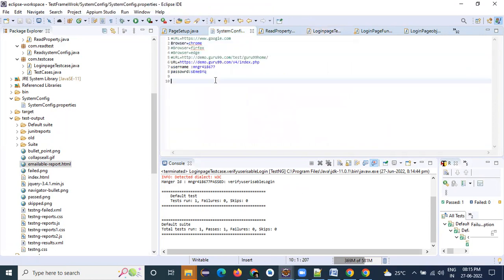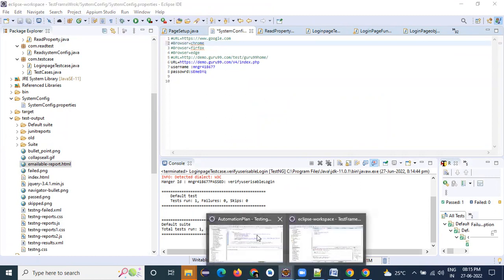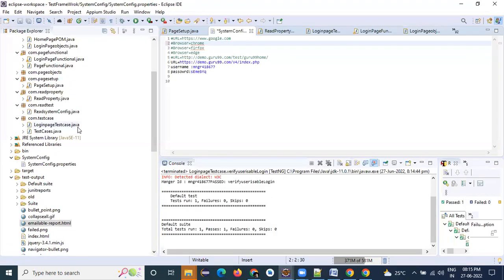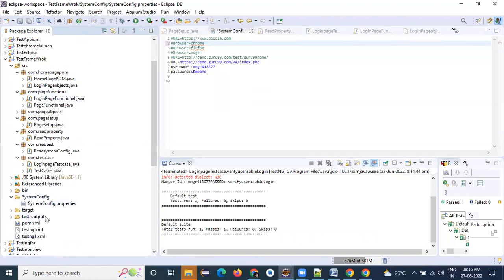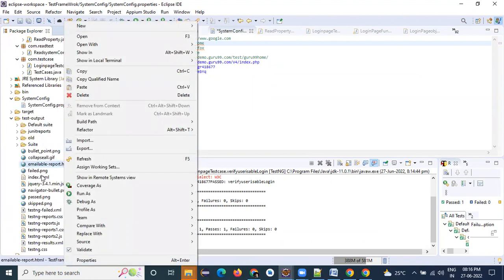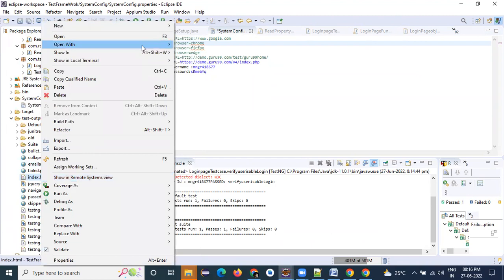Now nothing, you just have to comment this one. One question: the test report is inside the test output folder. Yes, the test output folder. If you remember the TestNG class, whenever you run and refresh this test output folder, it will generate automatically. In the TestNG class, I explained where to see this after you integrate TestNG. Three reports will come exactly. One is the emailable report, one is the index report. So if you see here,